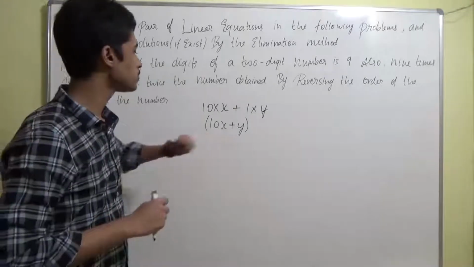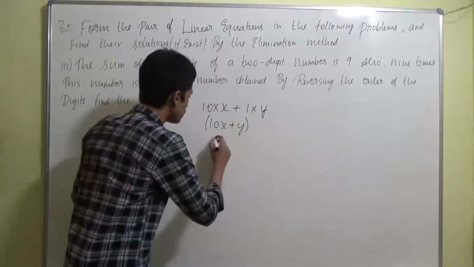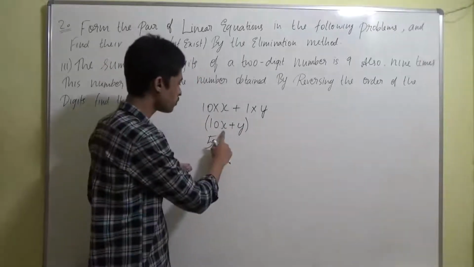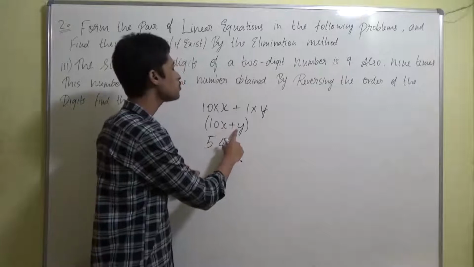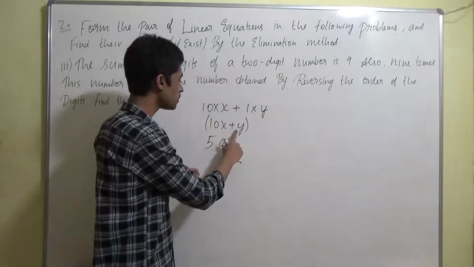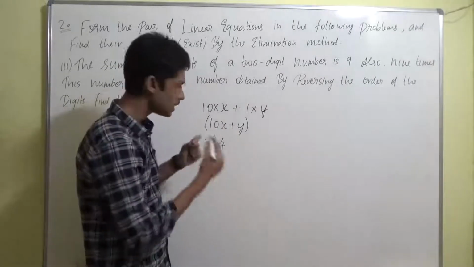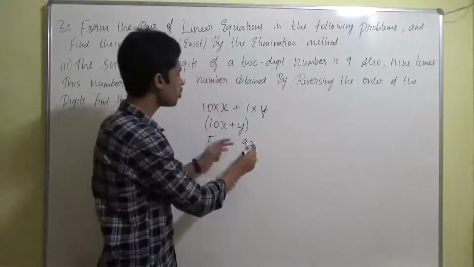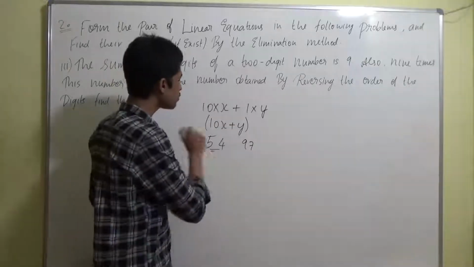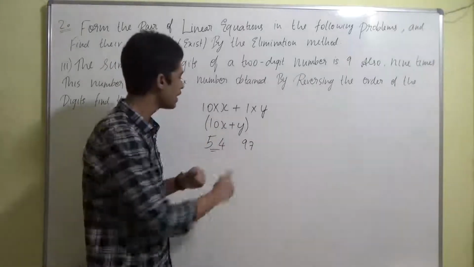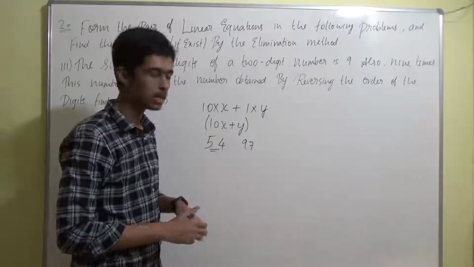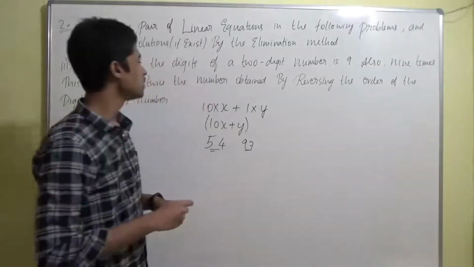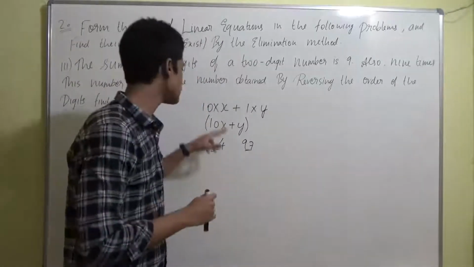You are going to get it in this form because, for example, if you want the number 54, you can get it from this form. In place of x you put 5, it becomes 50, and in place of y you put 4. Then it becomes 50 plus 4, which equals 54, right? Let's take any number, let's take 97. Any 2-digit number can be obtained from this general form. In place of x you put 9, it becomes 90, and in place of y you put 7. So 90 plus 7 becomes 97, and here you got 97, right? So this is the general form, guys.